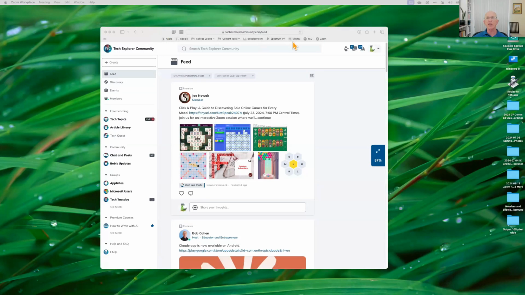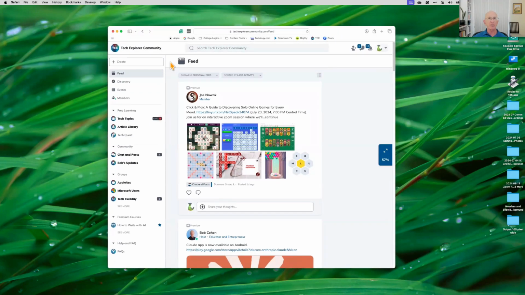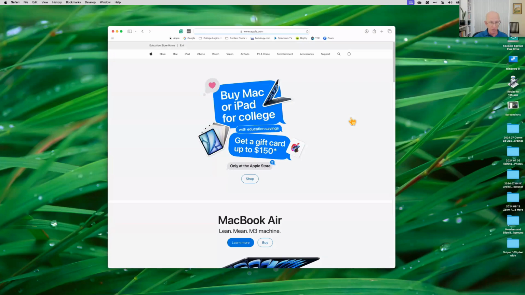So what you're looking at is Safari, Tech Explorer Community, and I'm going to press Shift Command 3. And in the lower right-hand corner is a screenshot of my entire screen. Okay, it usually gets saved in a file. And if I do another screenshot, say I go to Apple's web page and I want to do another screenshot, Shift Command 3,